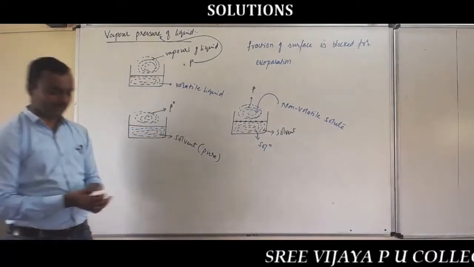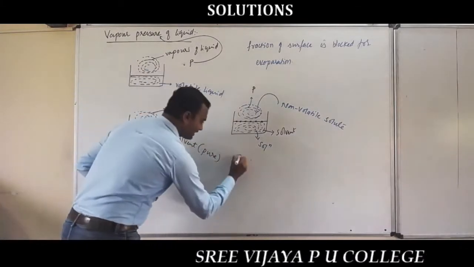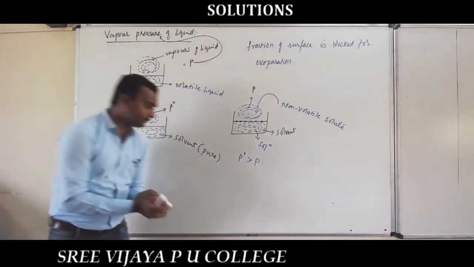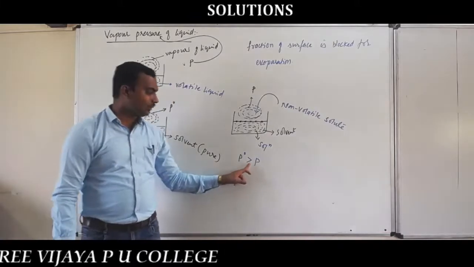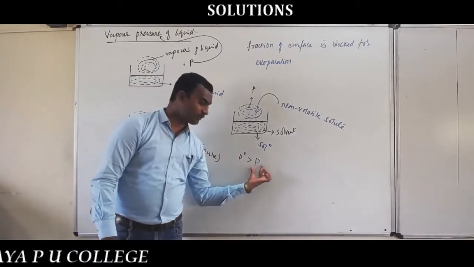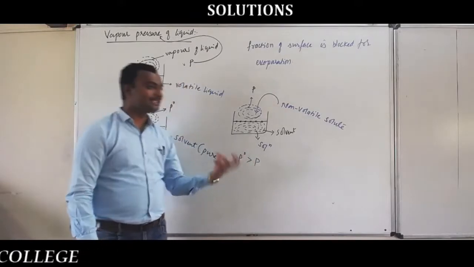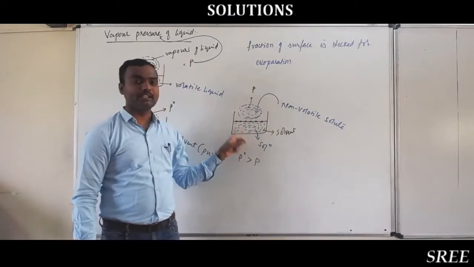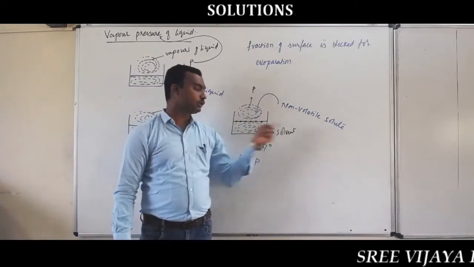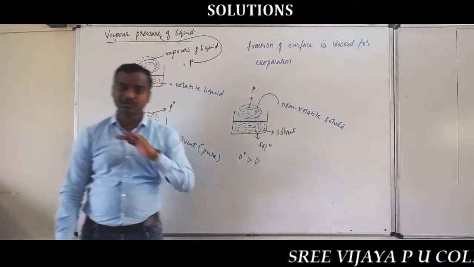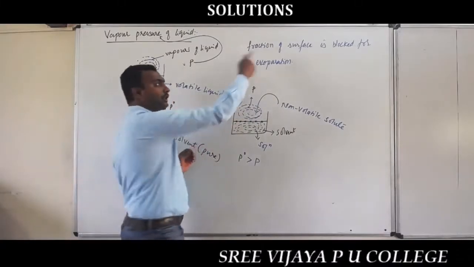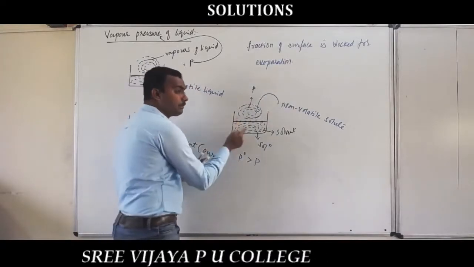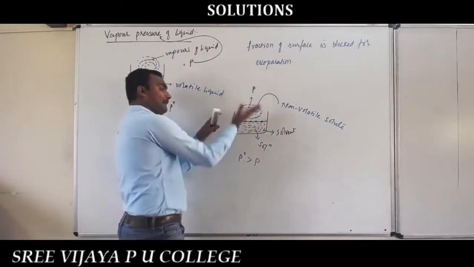So here the concept is, using these two you can say P0 is greater than P. That is, the vapor pressure of pure solvent is always higher than the vapor pressure of the solution. So, what is the reason? When we add non-volatile solute into the solvent, what happens? The non-volatile solute replaces some solvent molecules on the surface, so that a fraction of the surface is blocked for evaporation. Then what happens is, the number of solvent molecules which are escaping from the solution